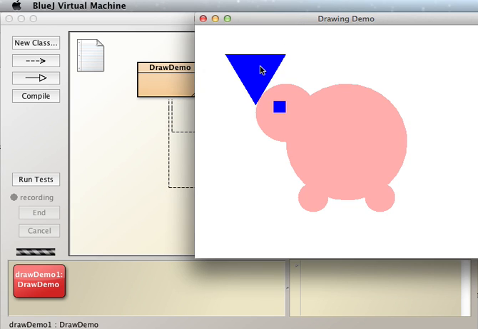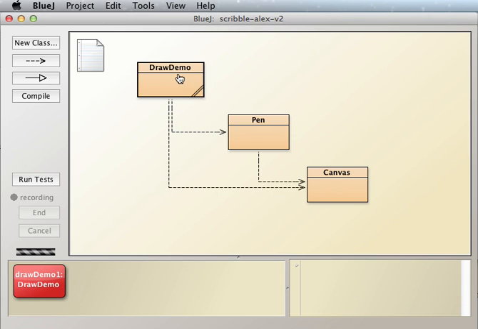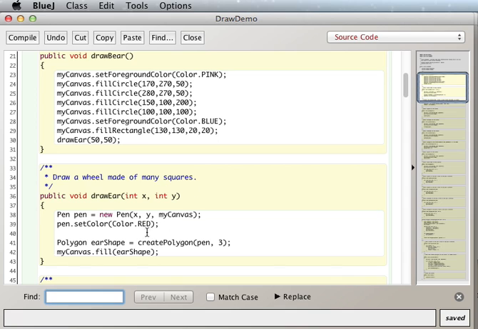Oh, I notice it's blue. I'm not sure now why it came out blue, because I did say red here. But anyway, some of that has to do with, I don't know. Oh, because the foreground color probably. So it's probably using the foreground color, it looks like. So you want to set the foreground color to the right color. You can also,